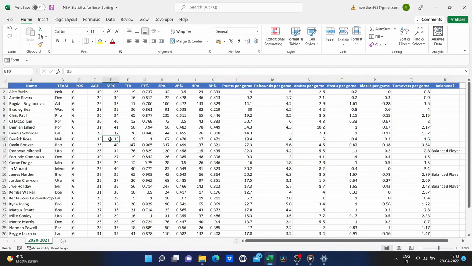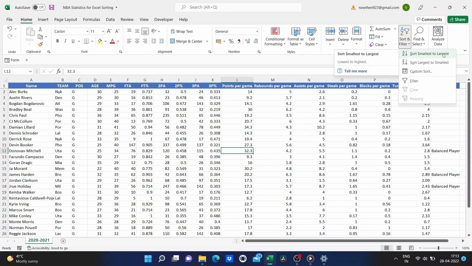I could do a similar thing, but this time with points per game. So I'm going to click anywhere in the points per game column. And again, I could go to the Editing group on the Home ribbon, click Sort and Filter, and then I could again click A to Z. But notice what it's saying now.